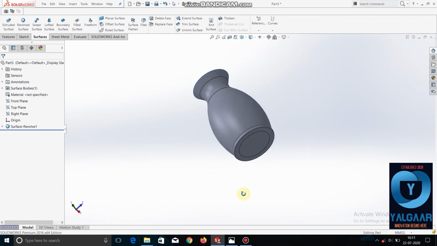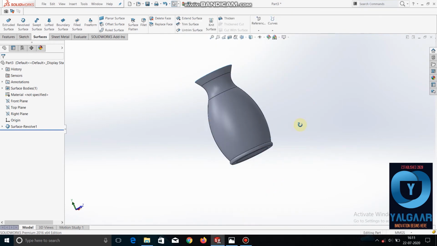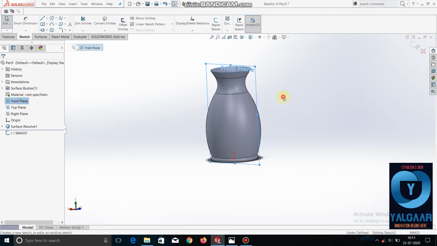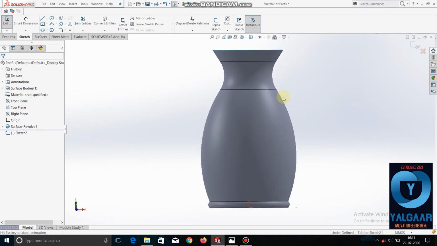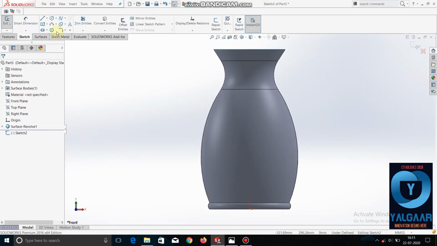So we will take the front plane. We have to move to this handle part, so you can see, draw a center line.